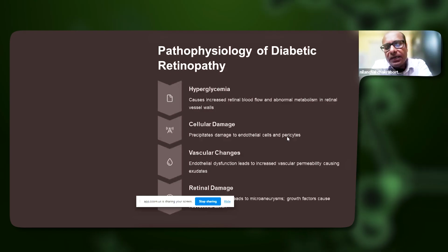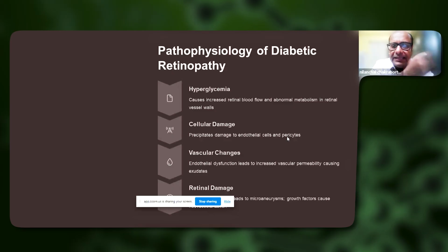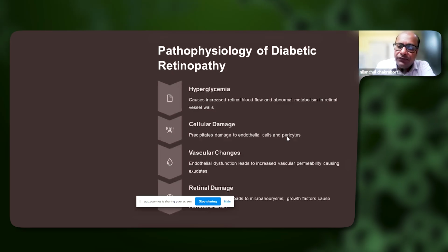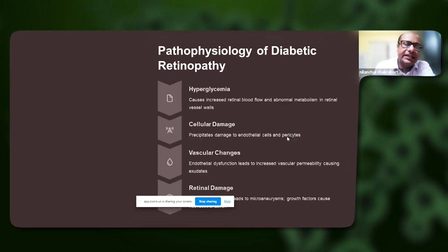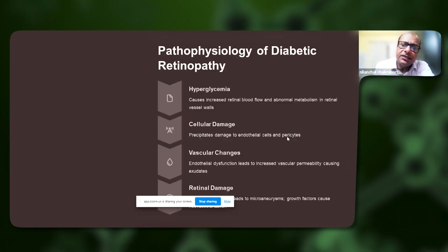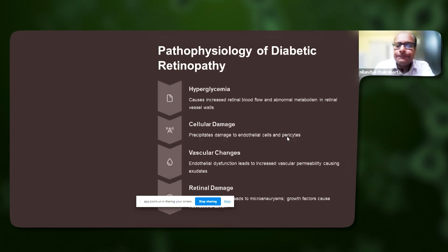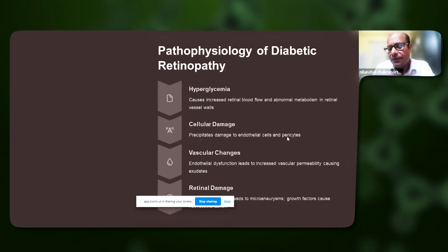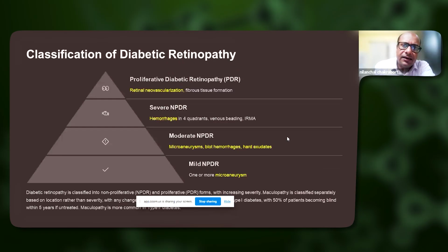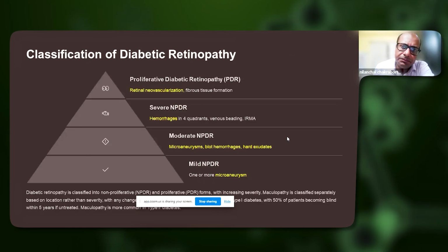Other than the comorbidities treatment, anti-VEGF factors are given as an injection, like bevacizumab, for reducing the proliferation. But proliferative diabetic retinopathy has to be differentiated from non-proliferative diabetic retinopathy by features of microaneurysm and blood hemorrhages in non-proliferative, versus neovascularization in fundoscopic finding in proliferative diabetic retinopathy. So as you can see, the retinal neovascularization and fibrous tissue formation are features of PDR, that is proliferative diabetic